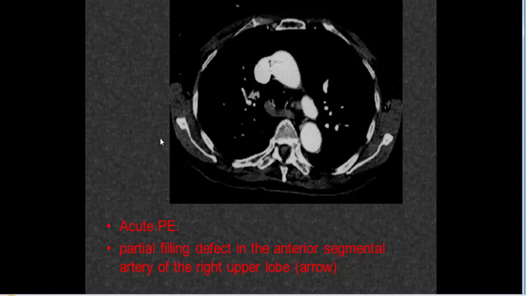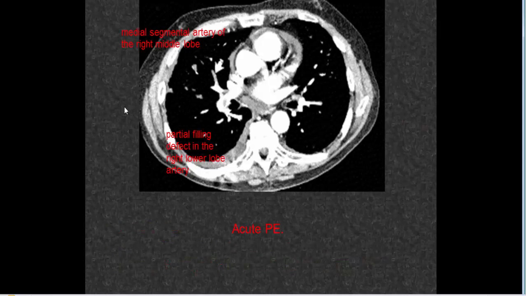Acute pulmonary embolism, partial filling defect in the anterior segmental artery of the right upper lobe. As we see in this area, this is a partial filling defect in the anterior segmental artery of the right upper lobe, segmental pulmonary embolism. Medial segmental artery of the right middle lobe, partial filling defect in the right lower lobe arteries, acute pulmonary embolism,